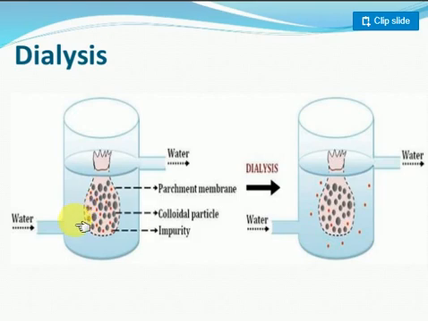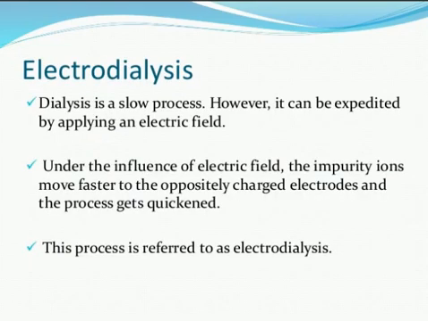You know the osmosis process we discussed, no? Particles move from high concentration to low concentration. A semi-permeable membrane allows only crystalloids to pass through into the water. Whatever crystalloids are there come out of the solution, and only the pure components remain. Look here: after dialysis, most of the crystalloids are outside of the membrane. By this method, if any person has a kidney problem, they do this method only.